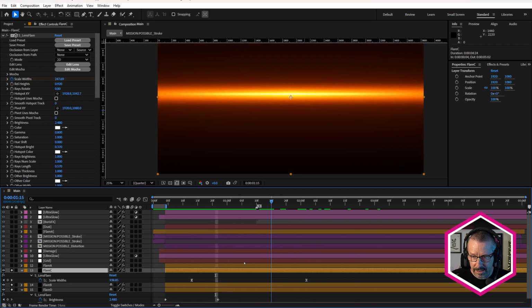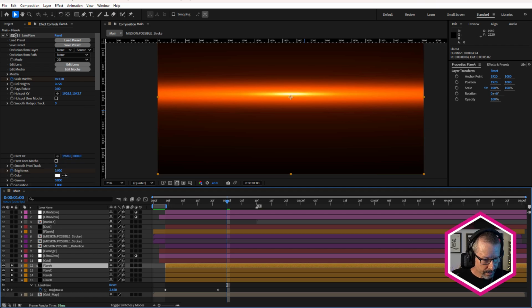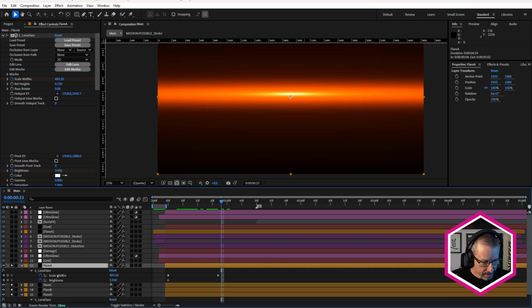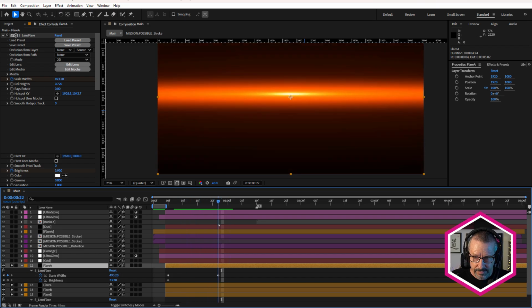So it scales out. And there's one more, which gives us a little bright hotspot here. You can see animating scale widths and brightness. So it's much easier to get full control over the look if I'm able to access each of these individual flares' widths and brightness and rel height separately.